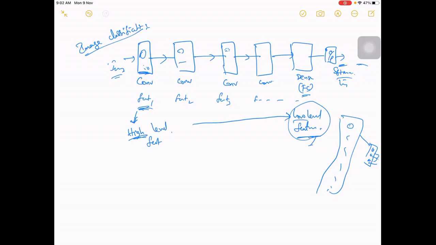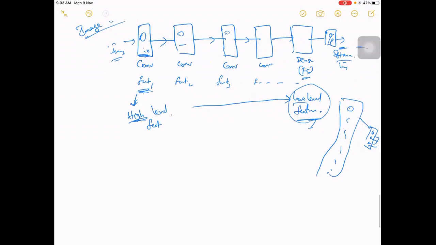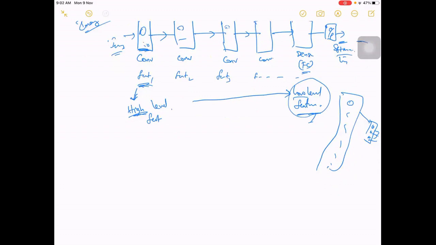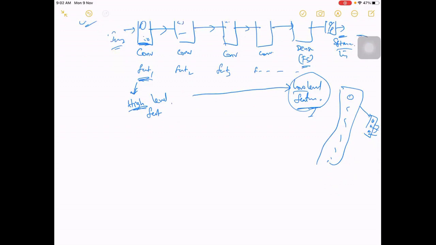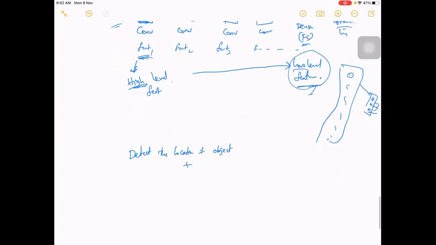Similarly, we can discuss more, like object detection, where you have to detect exactly where the object is located in that image, and also specify what that object is. So what we do is detect the location of the object as well as classify that object.